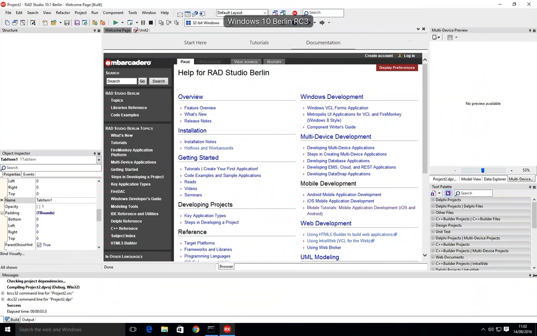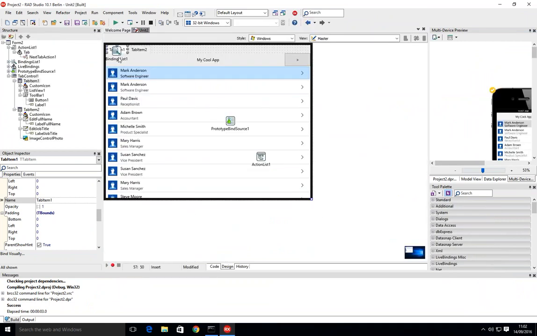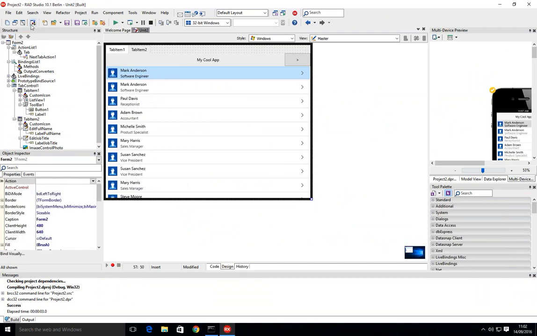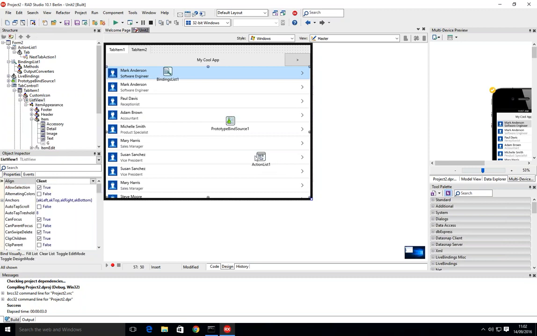Okay, yeah, there was a question about if you have a lot of components, being able to hide and show things. There's an option up here now for hiding non-visual components. So that's really kind of useful, especially when you're laying things out, moving things around, that you can hide those components out of the way, and then come back, and then you can find those